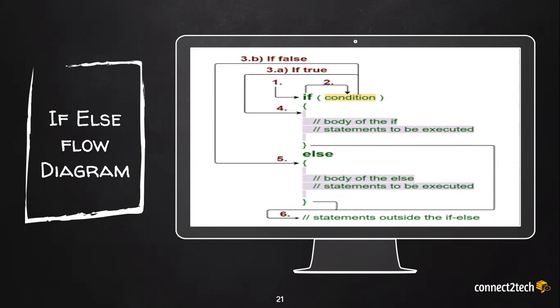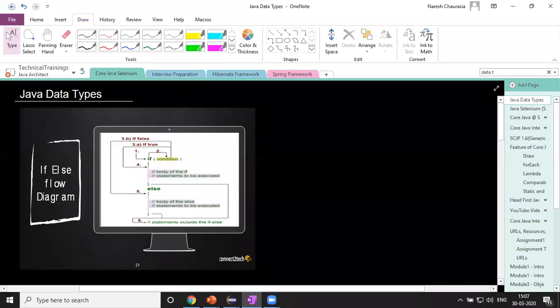To understand this, let me go to my drawing board and explain this diagram in front of you on the screen. Now let us understand how it works. In the case of IfElse, if is a keyword and else is a keyword in Java. Now initially a condition check is done. So if one is a statement, or rather a keyword if, now it checks for a condition in step 2,